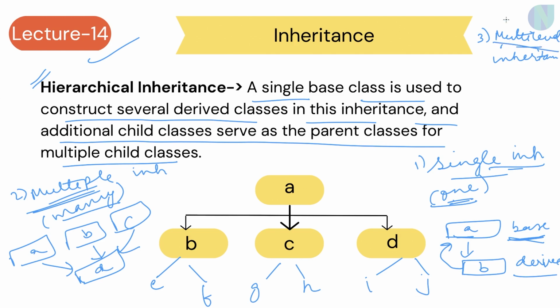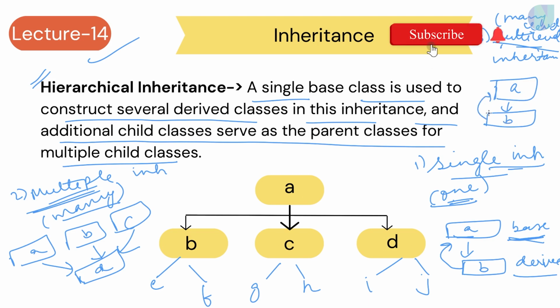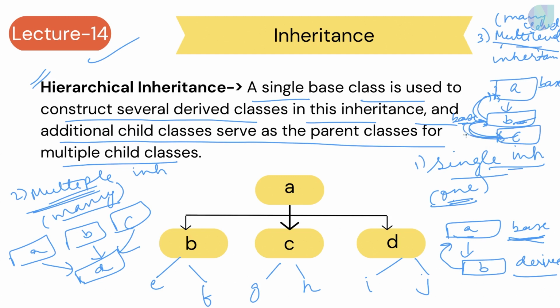Now coming to the third inheritance which we covered, multi-level inheritance. Again from the word it suggests multi-level means many levels. So whenever inheritance is taking place at levels, consider that there is a class A, there is a class B which is deriving all its properties from class A. Now consider there is a class C which is deriving all its properties from class B. So as you can see, level by level, these classes are deriving properties. For B, class A is the base class. For C, class B is the base class. So when one derived class acts as a base class for another class, it is called multi-level inheritance, something which is happening at levels.